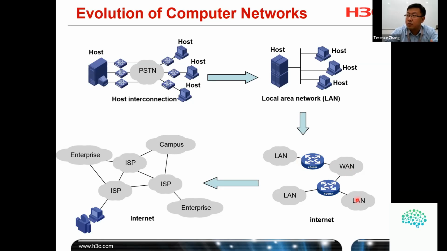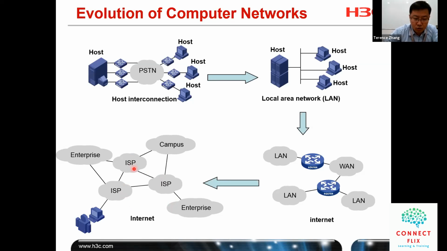The WAN network solves the problem of distance, to let the information go through places far away. So this is the third stage. And the last is the network we are already very familiar with, the network nowadays that we call the internet, right? In this type of network, all the backbone networks are provided by the ISP,